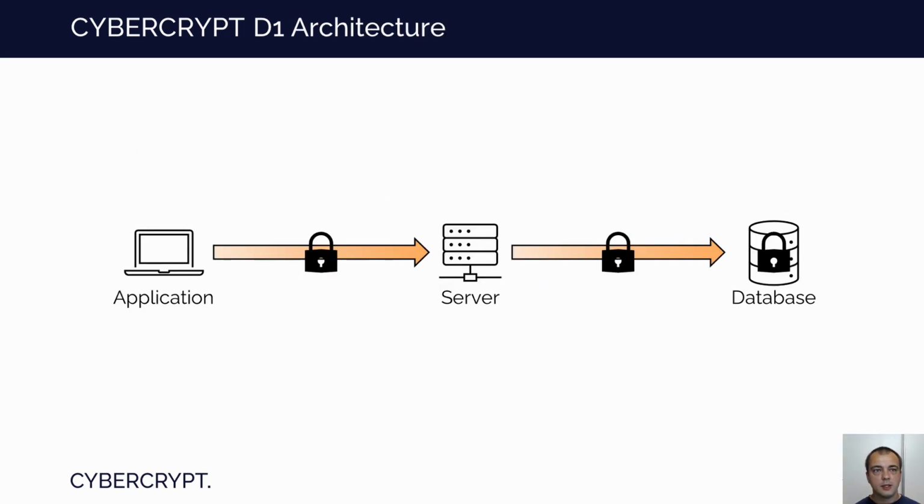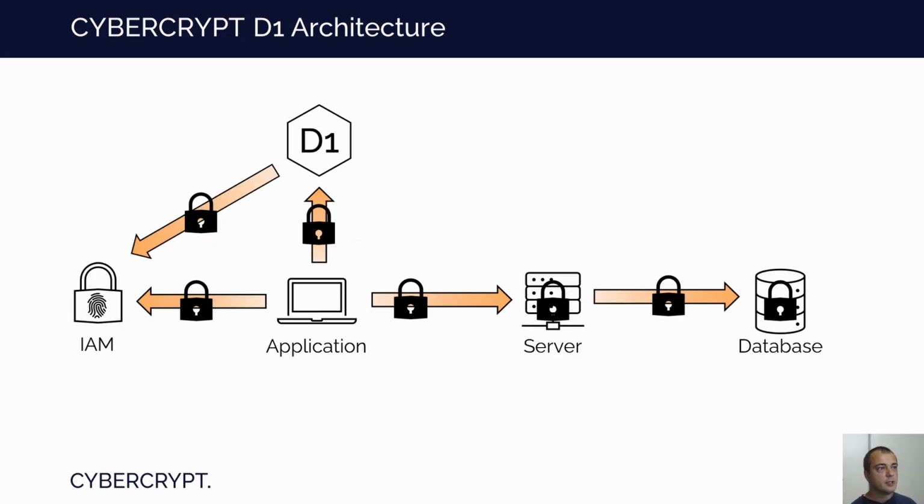How will the architecture look if you introduce CyberCrypt D1? If we again take a typical application setup with in-transit and at-rest encryption, and then introduce CyberCrypt D1, it will look something like this. The user authenticates with an identity and access management solution, giving you a unique token representing the user. Next, the application communicates with D1, forwarding the identity token and the data that should be encrypted or